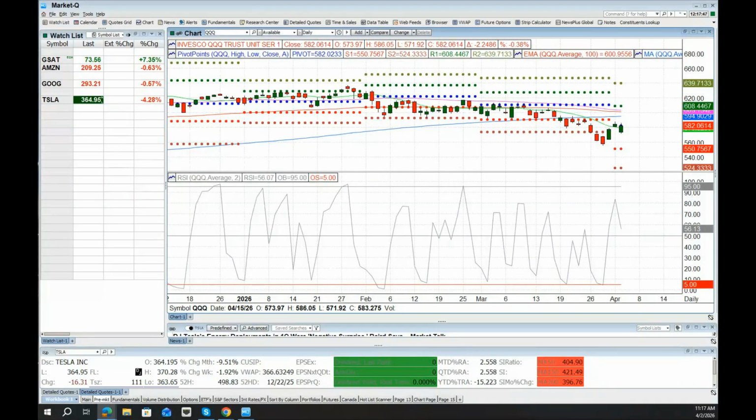I look at energy names, USO, I look at UNG, natural gas, metals, gold, silver. I'll look at FXE and FXY, but I'd rather look at the actual currency, which I'll show you in a bit. This is the ETF for the euro currency and the ETF for the Japanese yen. EEM, EFA is international: EFA is developed markets, EEM is emerging markets. And then of course, I'm looking at crypto as well. I'm considering crypto as another whole asset class. So again, I'm dividing it up into bonds, equities, commodities, currencies, and cryptocurrencies.